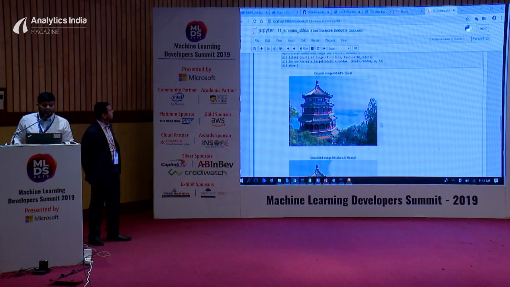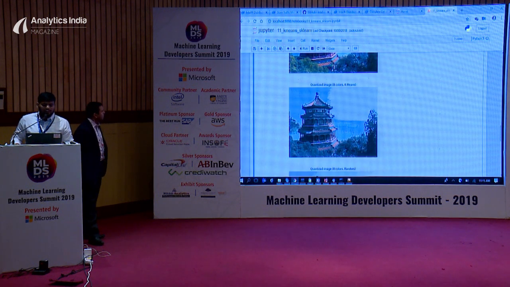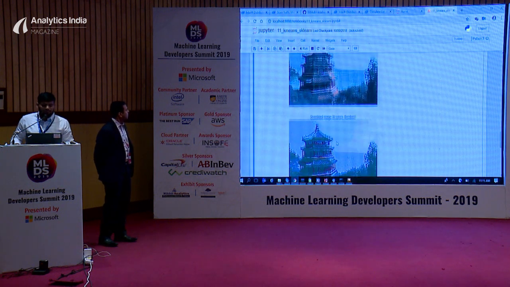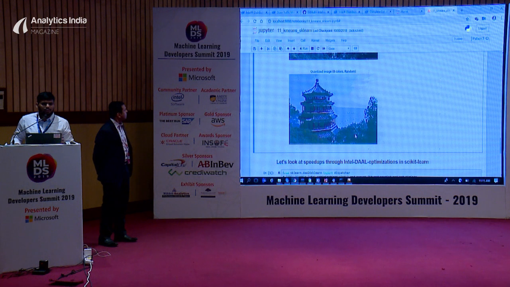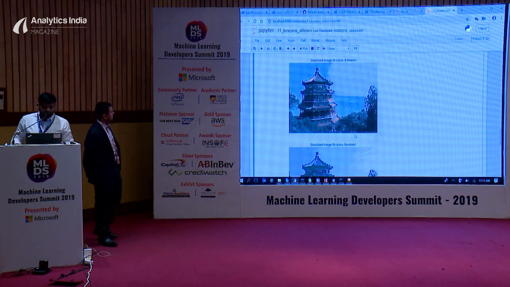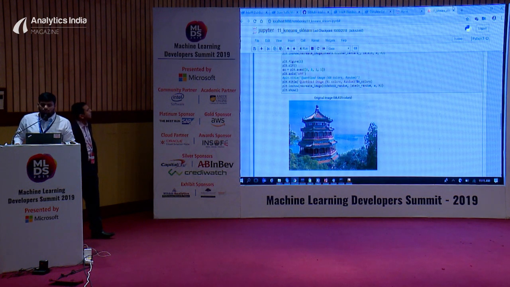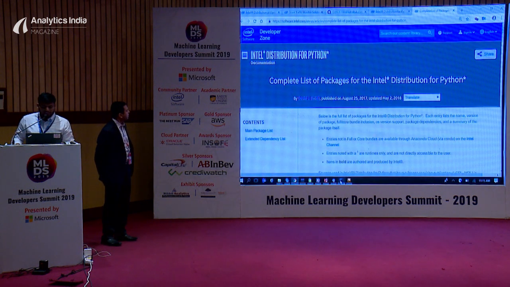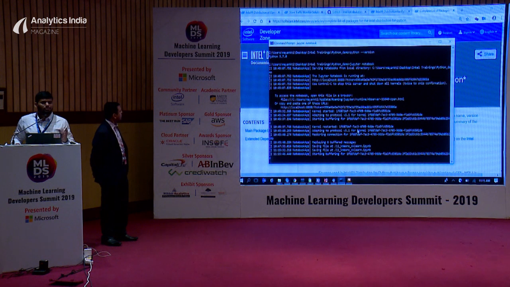So this is the original image. This is the quantized image when you apply the k-means. And this is the image you get if you just choose 8 random colors. Now, what I will do is activate Intel distribution for Python. I just want you to remember the number. It took around 39 seconds when we were in stock Python.